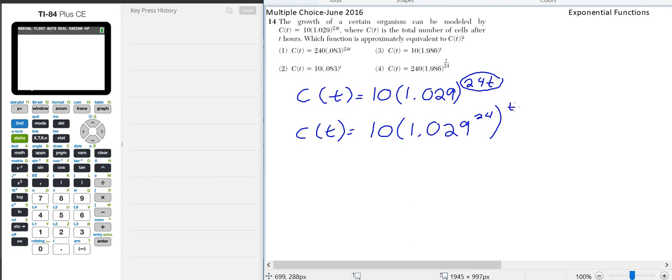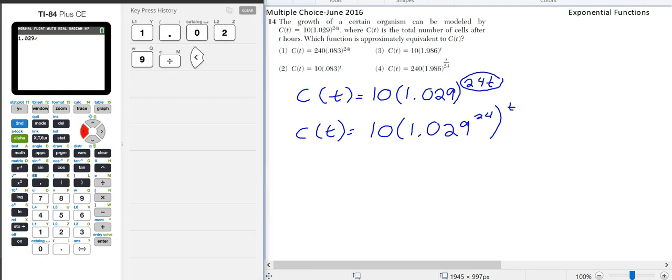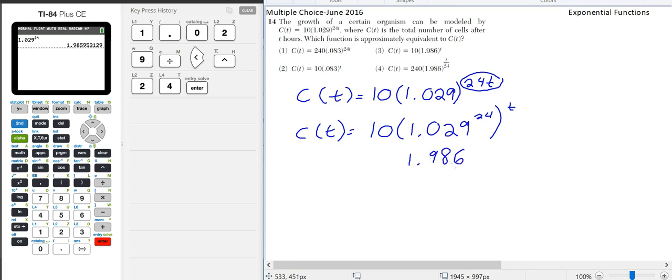Now let's say we evaluated 1.029 to the 24. Let's do it on the calculator. That's 1.9859. Let's round that off to 1.986. And let's say we would rewrite the rest of our equation. We have C of t is equal to 10 times 1.986 to the t. And notice that after we did that, our equation now resembles choice 3, which is the correct answer to the